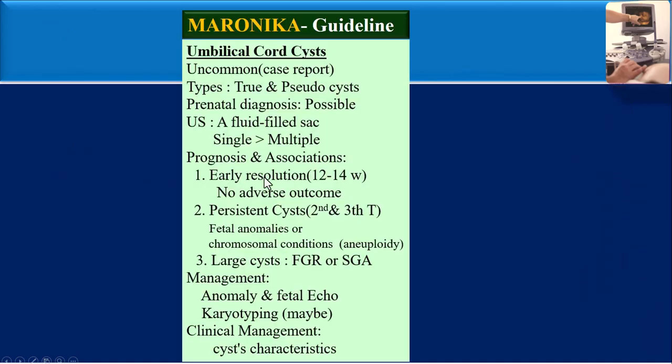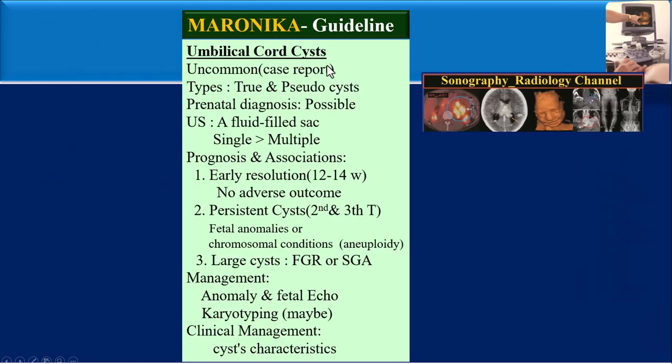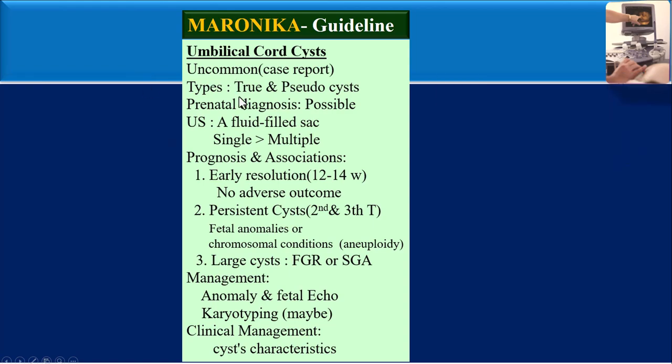If we want to present a rapid guideline for umbilical cord cysts, we can say they are uncommon. We have two types, including true cysts and pseudocysts. Prenatal diagnosis is possible by prenatal ultrasound, in which we can find a fluid-filled sac, and single cysts are more common